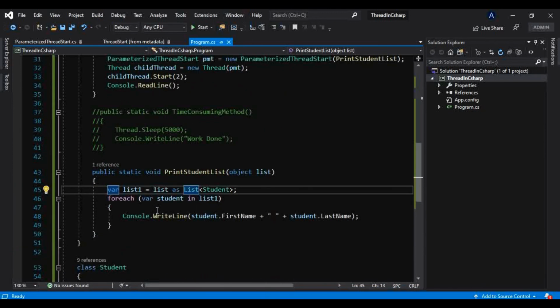But anyway, what if we want to use those threads in our application? Then what can we do? We can use some tricks here.